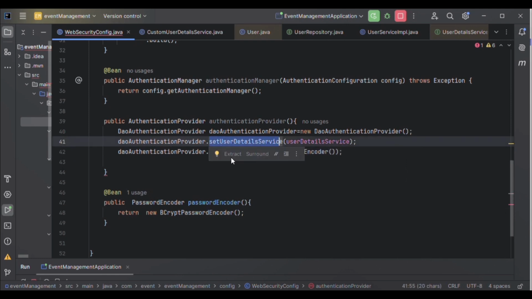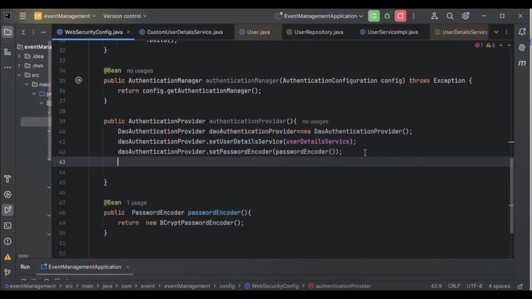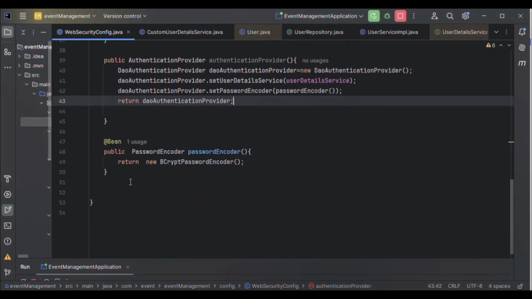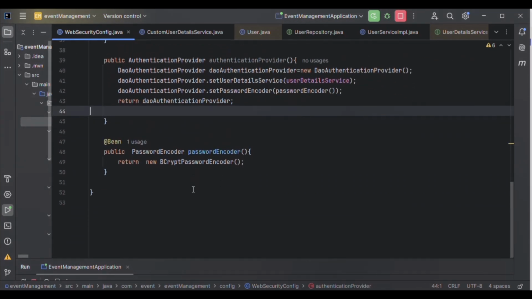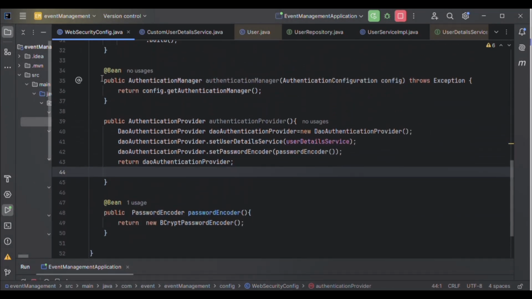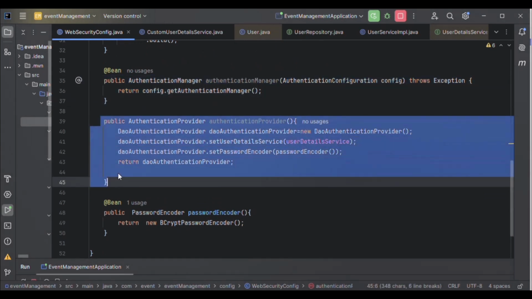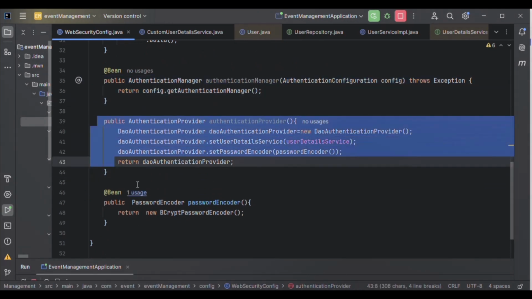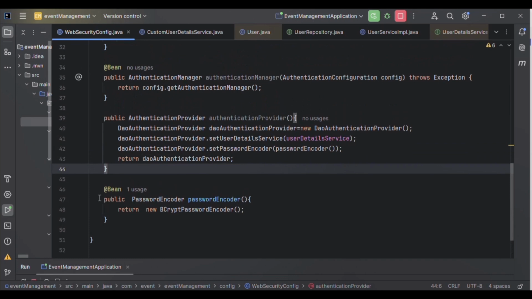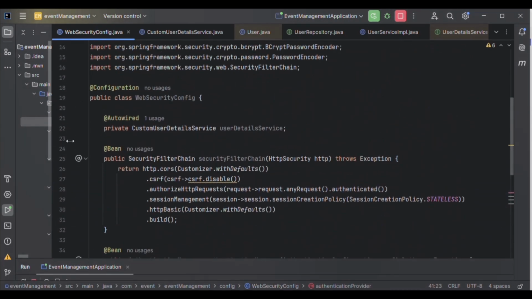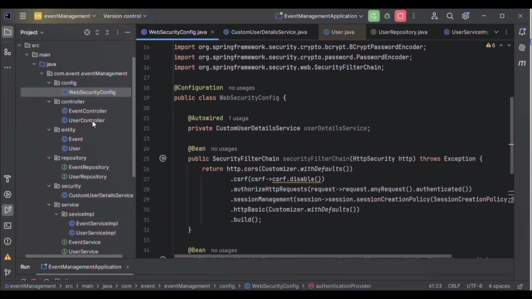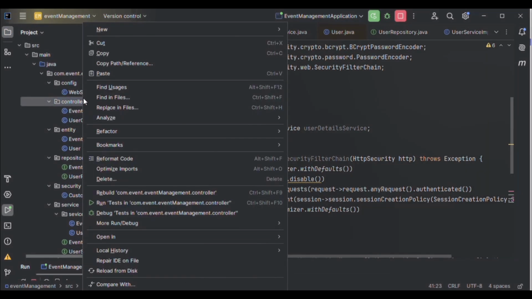It will encrypt the password and generate the hash, and then we will use that to store the hash password. Here we return the DaoAuthenticationProvider. So we have implemented the authentication manager, then the authentication provider, and also this BCrypt password encoder. Now we are done.